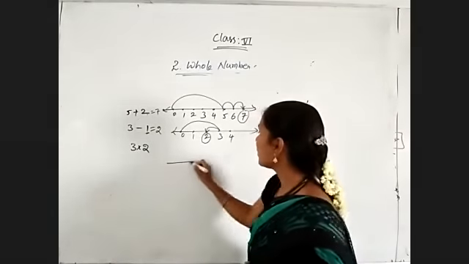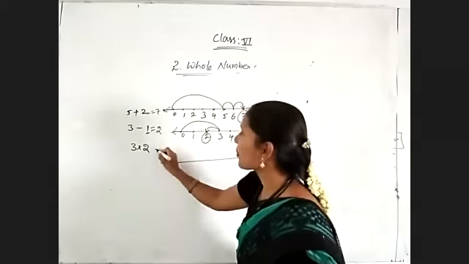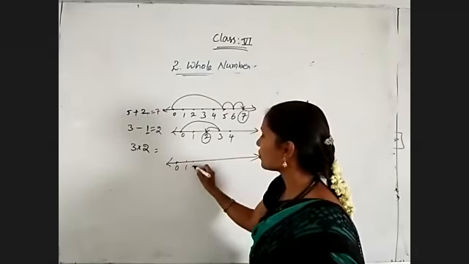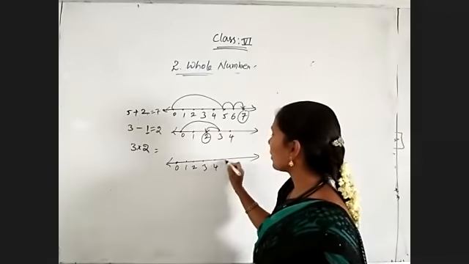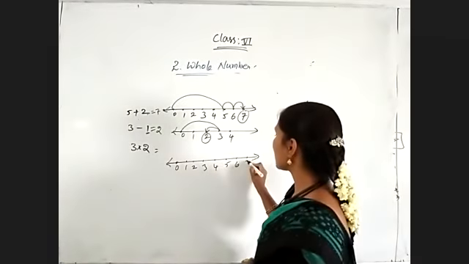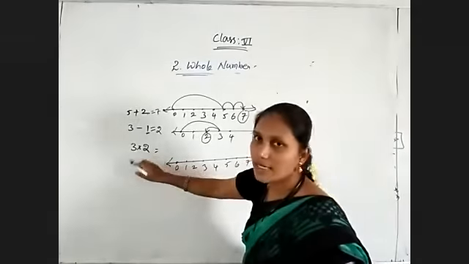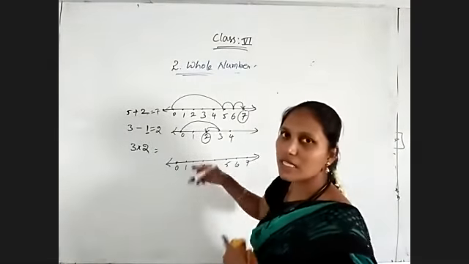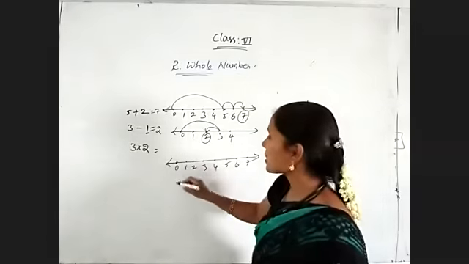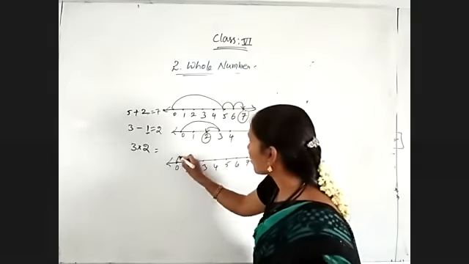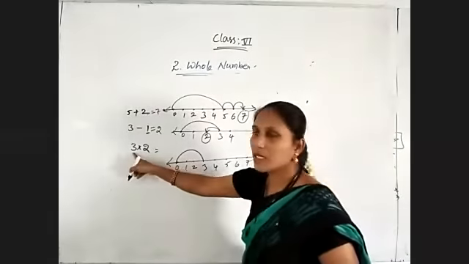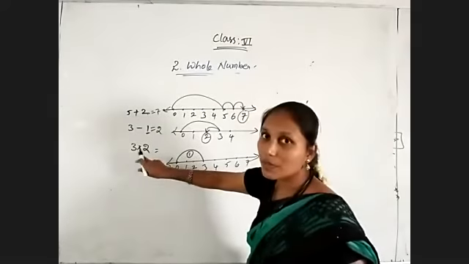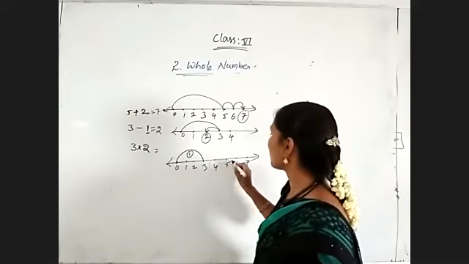And coming to multiplication, skip counting, listen. So the first number represents 0, 1, 2, 3, 4, 5, 6, 7. The first number represents how much gap we need to leave. The second number represents how many times we need to jump. We need to skip. So 0 to 3, because the first number is 3. One time is over. Like that, how many times we need to skip? 2 times. So 1, 2, 3.